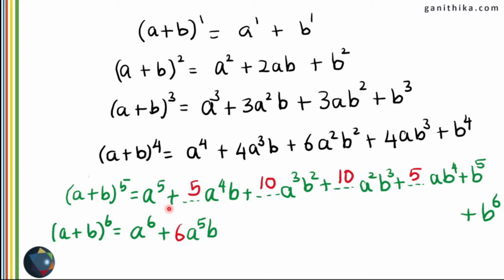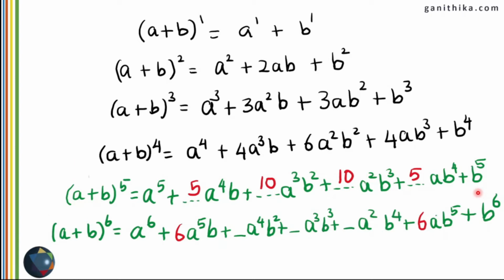We do not know what should be the next term, but we can see that the last but one term has the same coefficient as the second term. So here it is 5 because it was 5 here. Here it is 4. Before b power 4 I had 4 because the power is 4. Therefore, I should have the same 6 here, and I should have b to the power of one number less than this number, right? So a b to the power of 5 will be the last but one term. So we can identify these 4 terms from the pattern above, but it's very difficult to identify the in-between terms. But what we know is the a power decreases and b power increases,